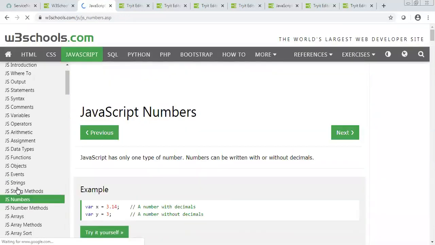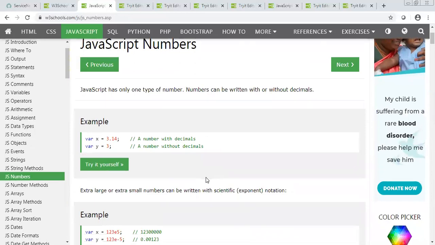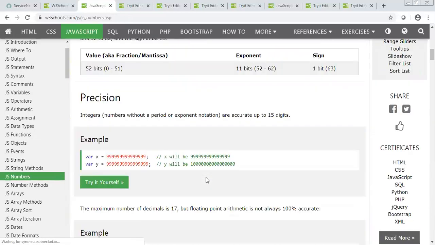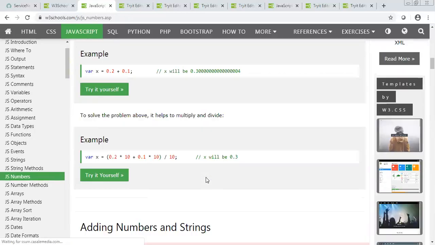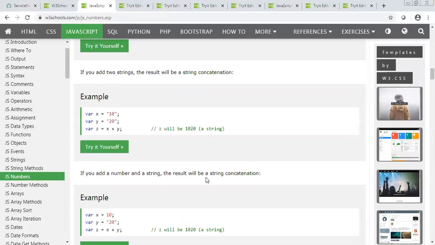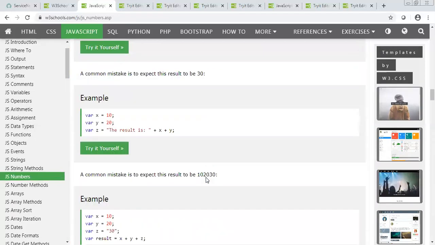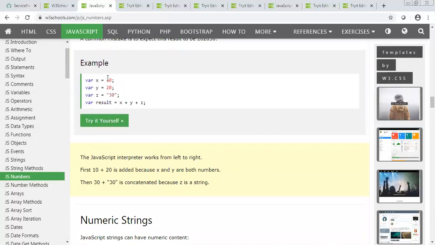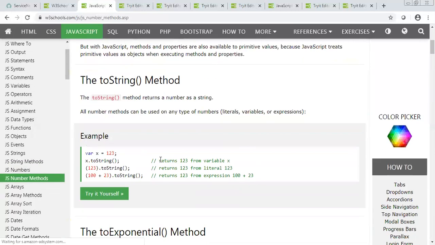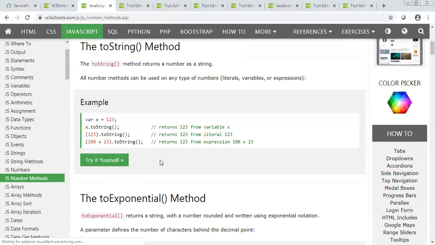These are string methods. Then there are certain methods which you can apply on integers, or numbers, as well. How you can define the number, that is where it is. Number methods are like, you can convert the number to a string. How to convert a number into a string?